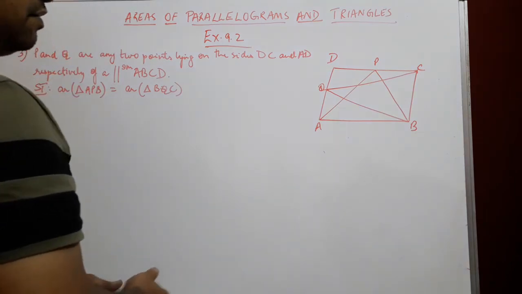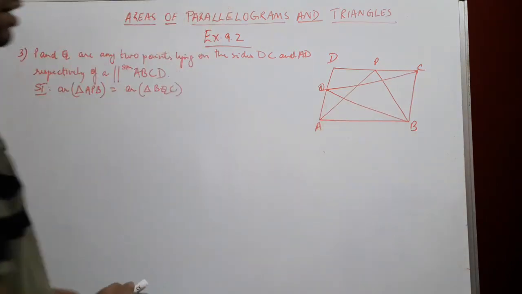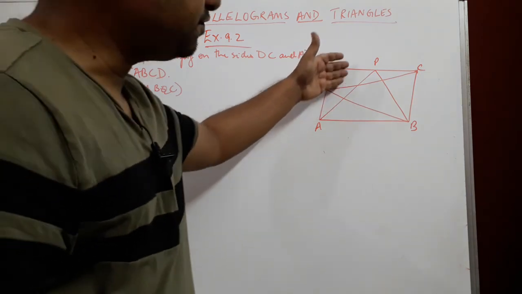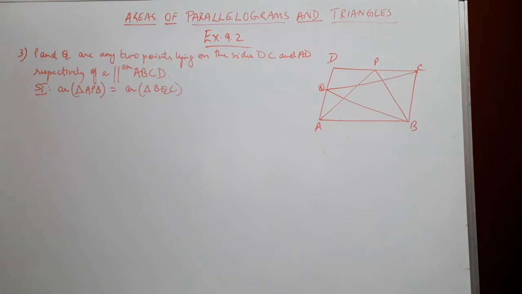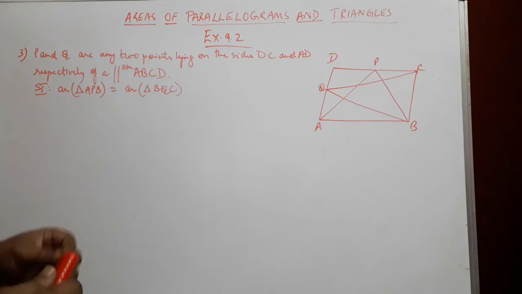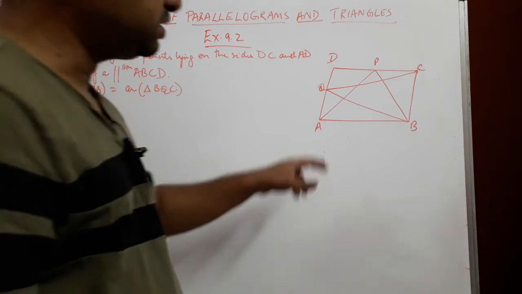So that way you can say that these two triangles have a relationship with this parallelogram ABCD. That is, the triangles share a common base, not with each other, but with the parallelogram, each one having a different base, and they lie between the same parallel lines. Again, the two triangles don't lie between the same parallel lines. It is that each triangle lies between its own parallel lines.